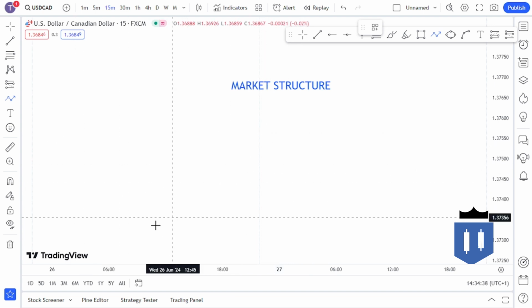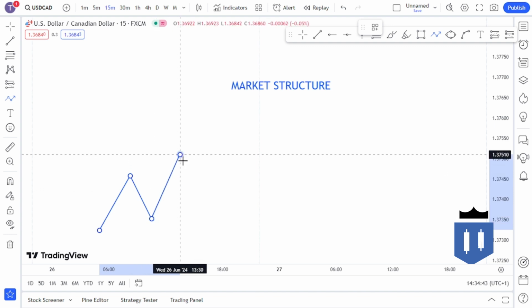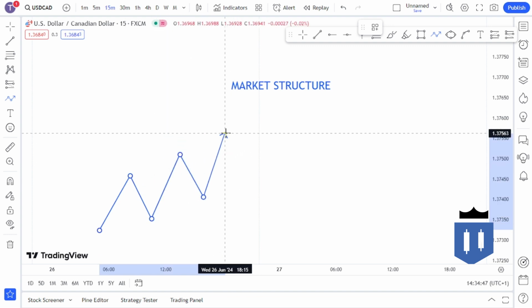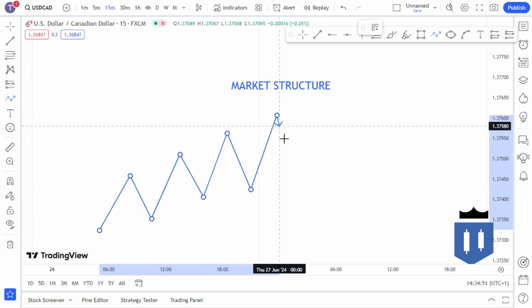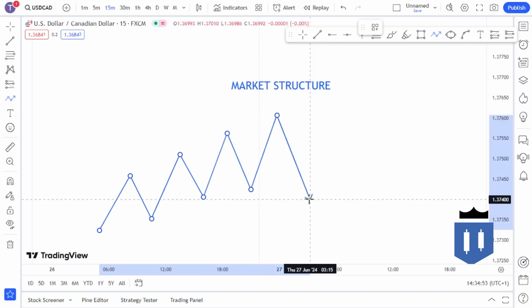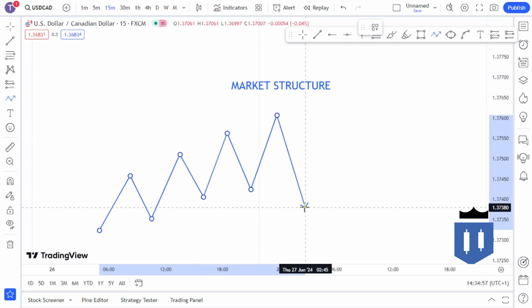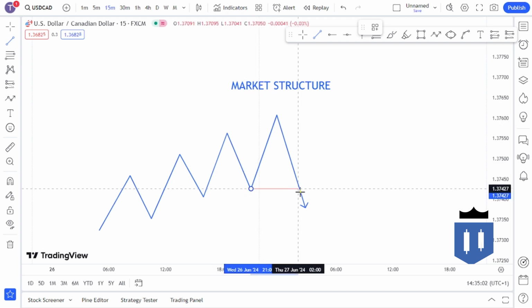Okay, so how does the change of character form? If the market is going up like this, you know that this is an uptrend because it's breaking every high that was formed. It's going past it. So when price stops doing that and decides to start going past every low that was formed, so instead of the price going higher, it breaks this low. This is the first sign that price is not going to go higher again. It wants to change, and that's called